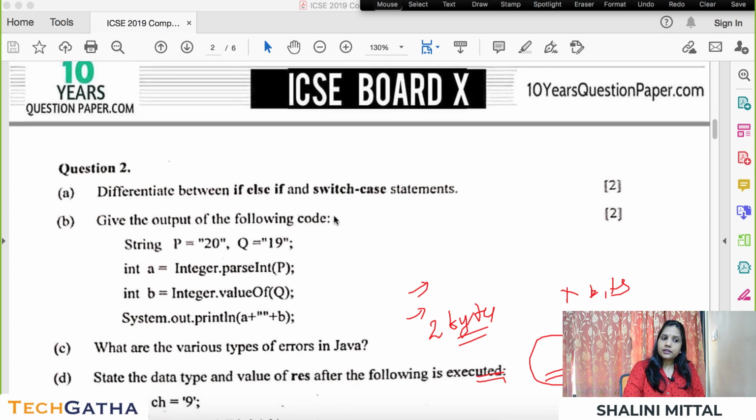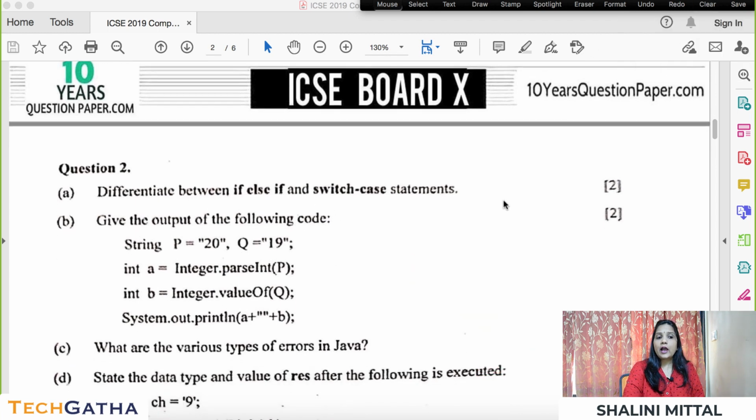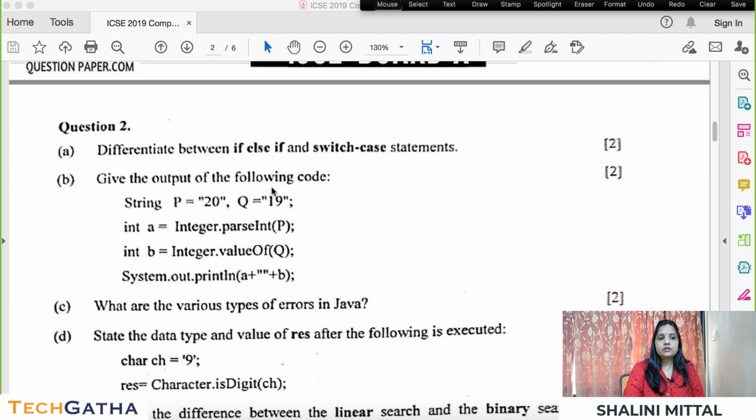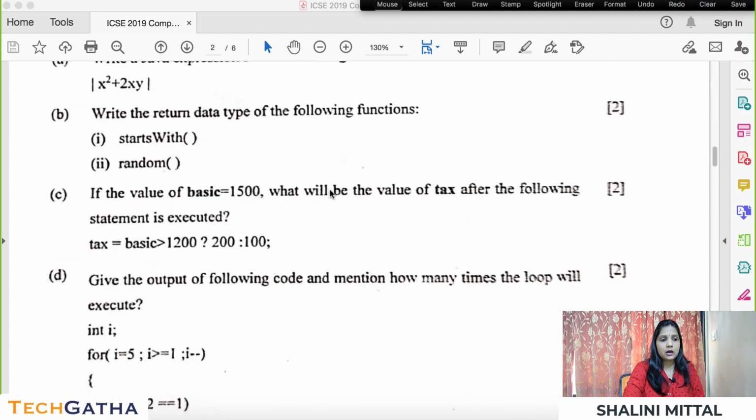Then again differentiation over here. When you write differentiation, again the same thing. Write 2 points and also write an example, very important. Whenever you have questions like output based, try to write the working. So like in this case, you don't have any working to show, so it's totally fine. But then you do have a question, say for example over here.